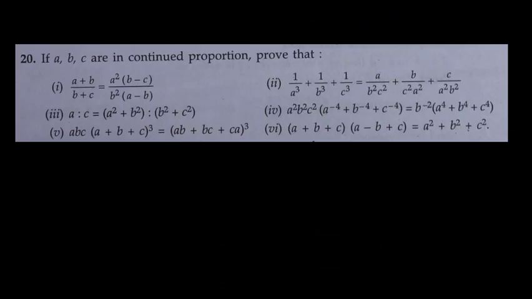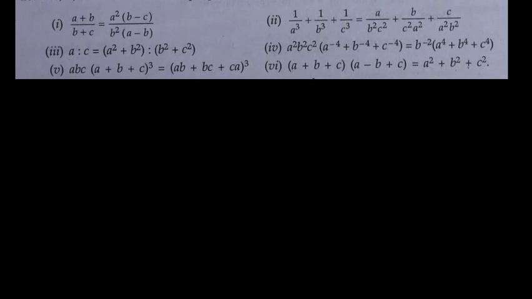Now this is question number 20. If a, b, c are in continued proportion, we have to prove that a plus b upon b plus c is equal to a square b minus c into b square a minus b. a, b, c are in continued proportion. So again a, b, c are in continued proportion. So as solution